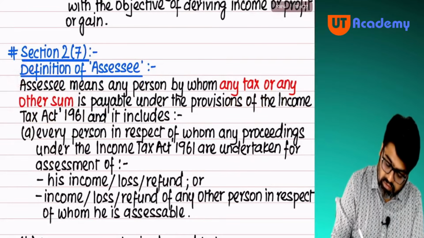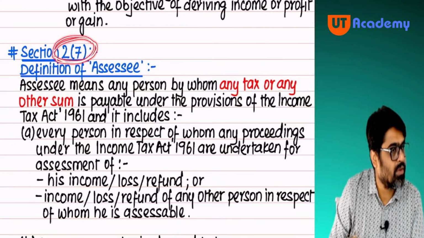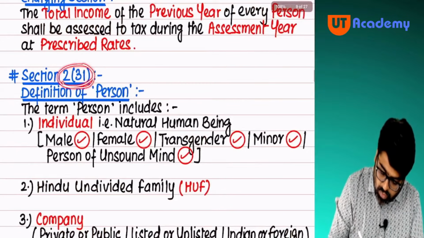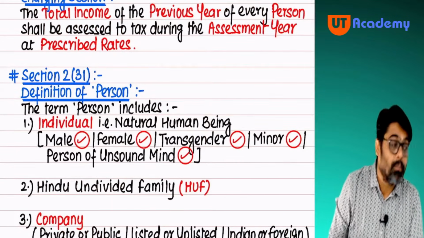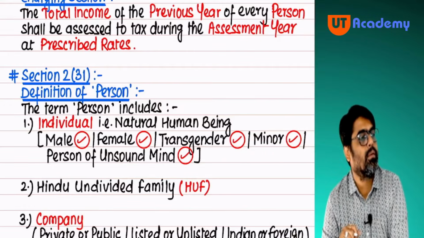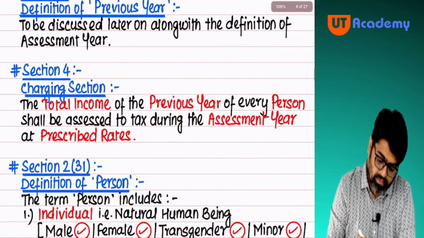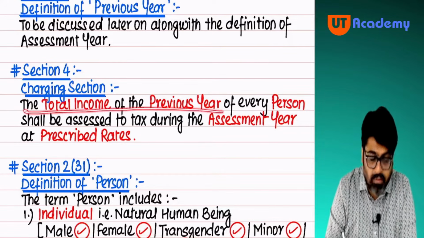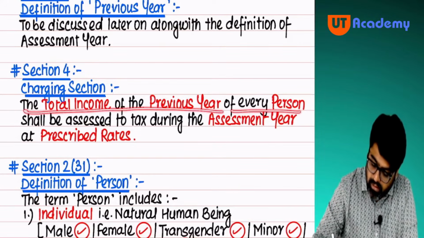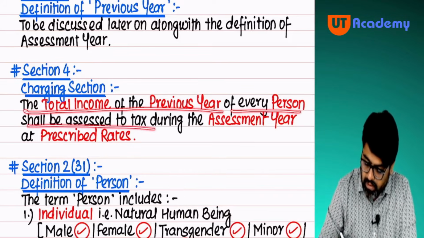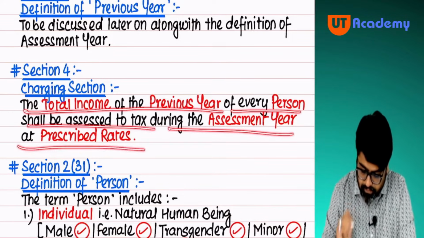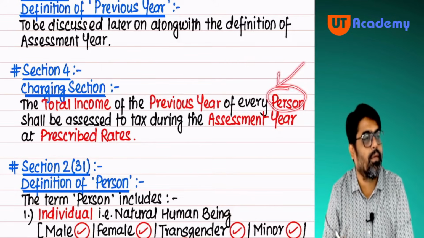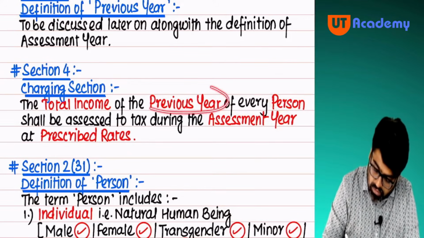The definition of assessee is given in section 2 subsection 7 and the definition of person is given in section 2 subsection 31. But basically we were not doing definitions. We were doing the charging section: the total income of every person shall be assessed to tax during the act. We have completed this thing. Now we are going to discuss